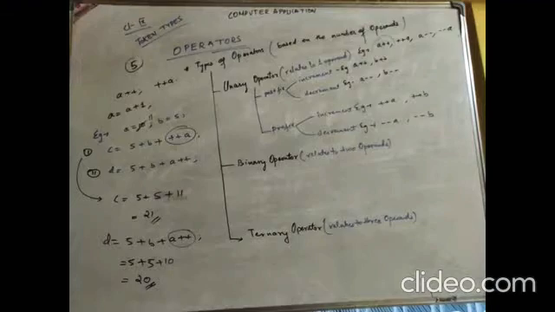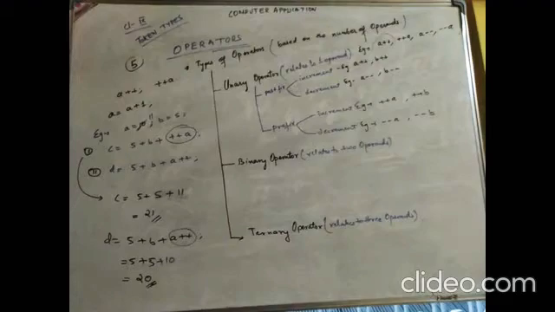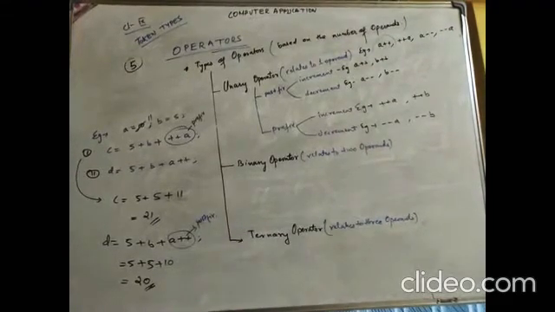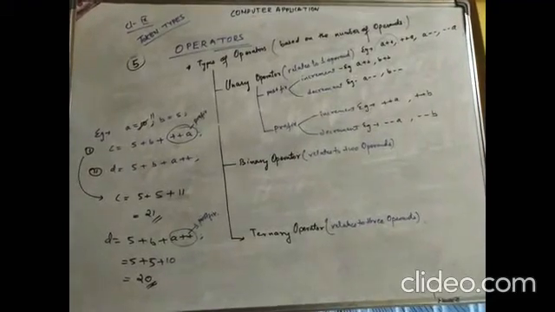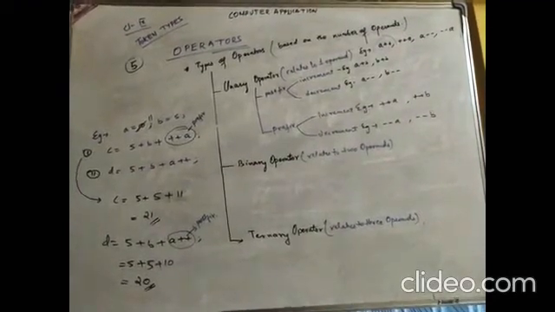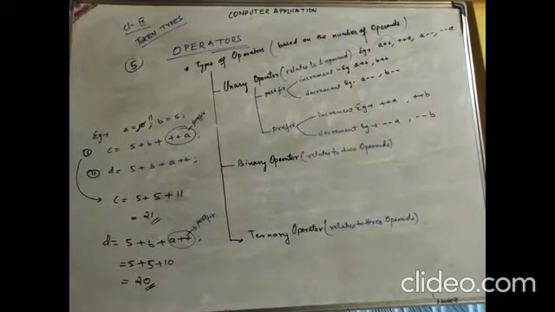What did we see here? We discussed postfix increment and prefix increment. So seeing the example, it is clear that in postfix, what is happening? First we use, then we change. We increase the value by 1. First we use the variable value in the expression, then we change it, increase it by 1. In prefix, first we increase the variable value by 1, then we use it in the expression. Okay, so these are all the differences.